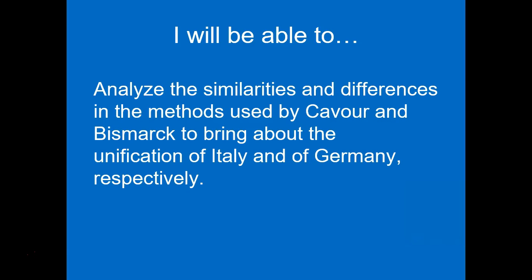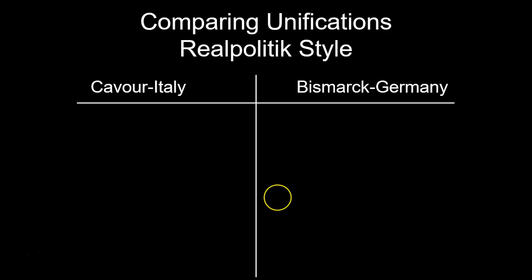When it's all said and done, this is what I would hope that you will be able to do. Effectively analyze the similarities and differences in the methods used by Cavour and Bismarck to bring about the unification of Italy and of Germany, respectively. We started this, I believe we got to this in all of the classes yesterday, but